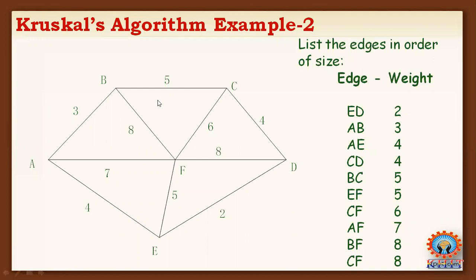Which type of graph is it? It is a weighted graph. Why? Because cost is given. It is a weighted graph and a connected graph. Why can I consider it a connected graph? Each and every vertex is connected together, and it is an undirected graph. Why can I consider it an undirected graph? There are no arrow marks specified here. I can move from A to B or B to A also. So finally, I can say the given graph is a weighted, undirected, connected graph.